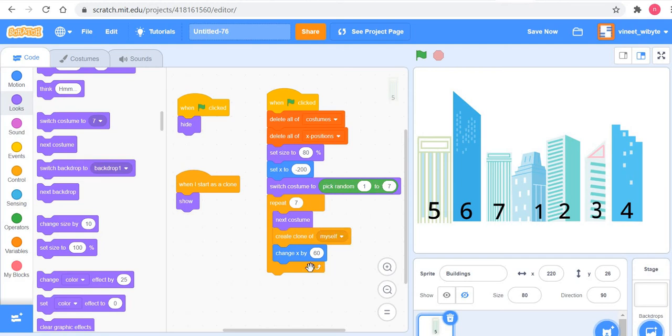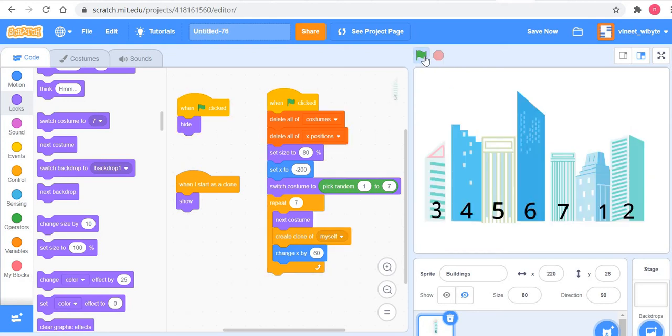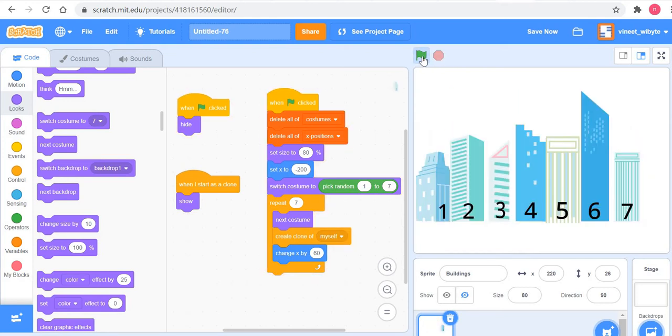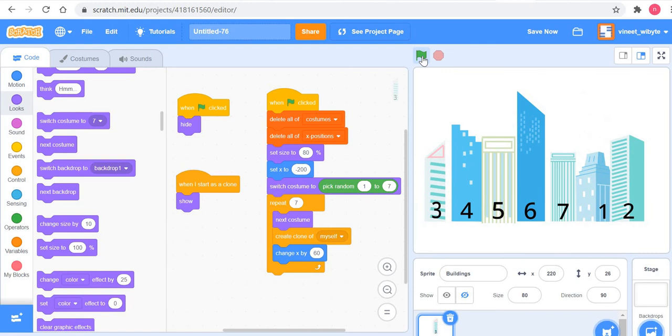So this particular thing is quite okay, I think. The next costume is a little bit new, but that's basically saying that before I make the clone, change the costume. That's all. So if I do this again, it changes all the time, and I do this so that my game remains a little bit interesting. I can't memorize this. I have to observe this closely and then look at it. So, so far so good. There's nothing much new in this except that I've added two lists which I'm now going to use.